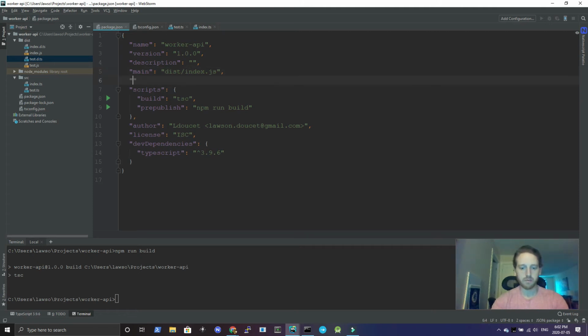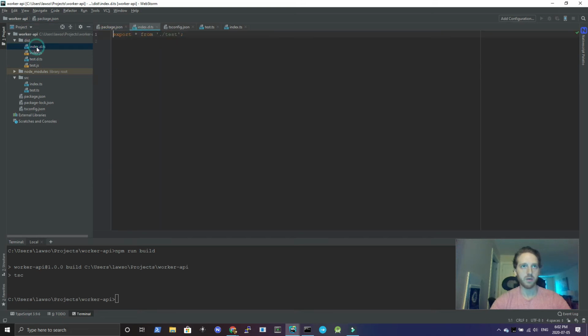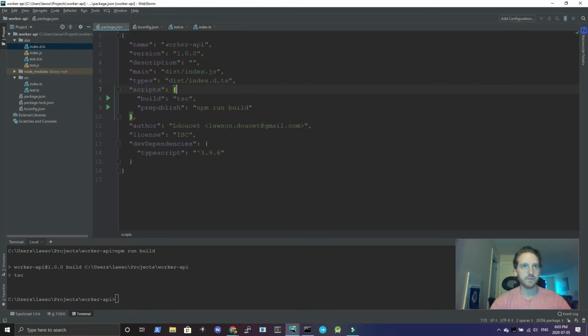And I can also provide types, which will be dist/index.d.ts. So all of the types will also be exported from this index file. And just to be fancy, I'm going to add a scope to this package name. So I'm going to say at jdset/worker-API. So when somebody installs this library, in the node modules, there's going to be an at jdset folder with